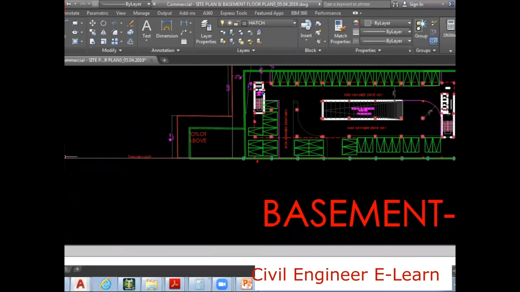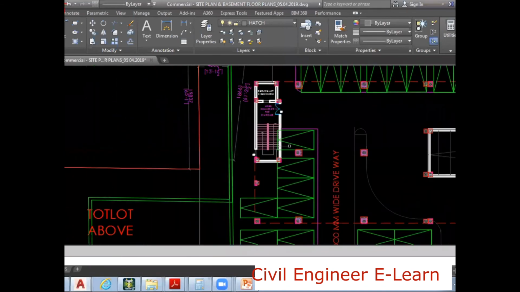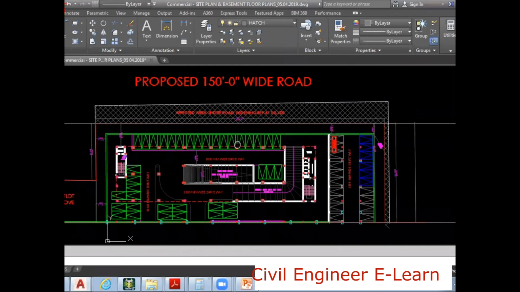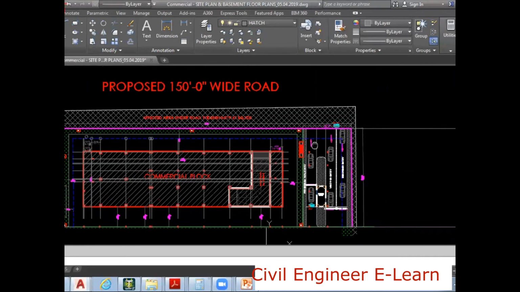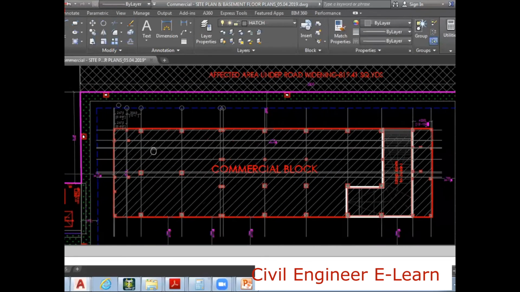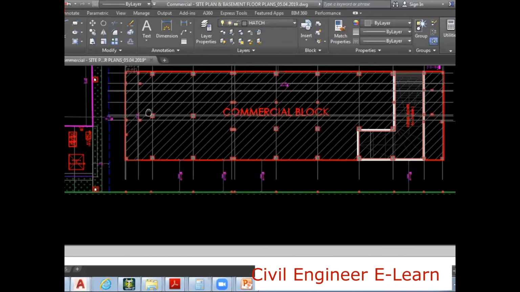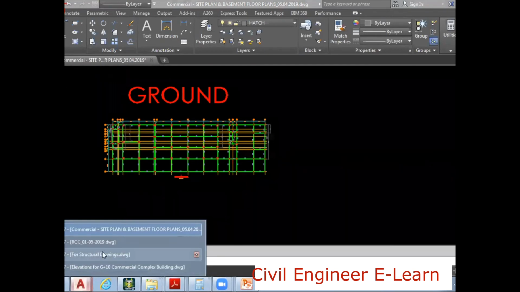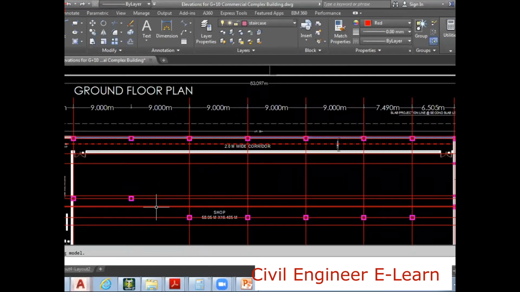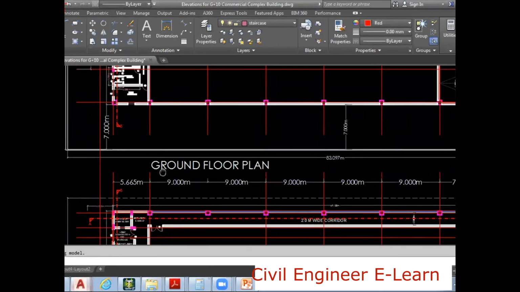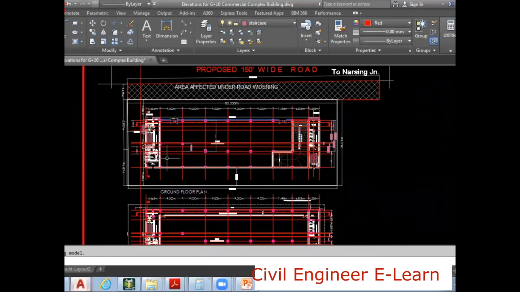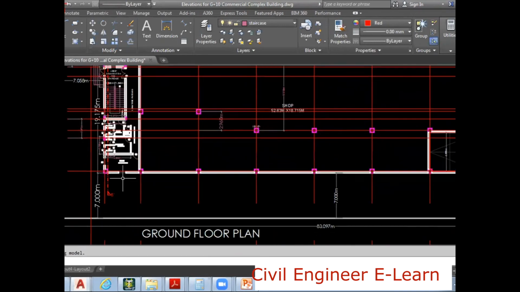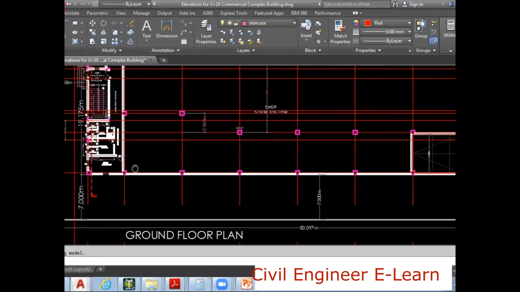So from basement 3 to basement 1 we have a staircase, and of course at the ground level we don't have it. Here again I have the same staircase. Again I have a staircase here, from here again staircase and then lift. This is continued, right?